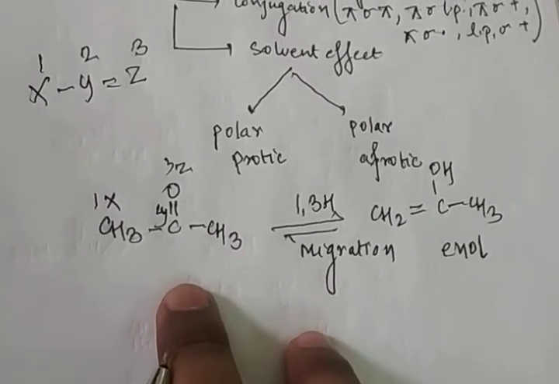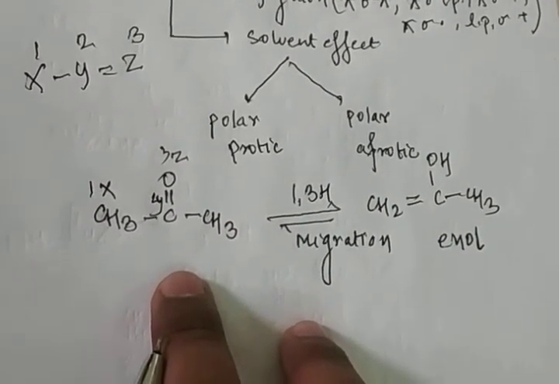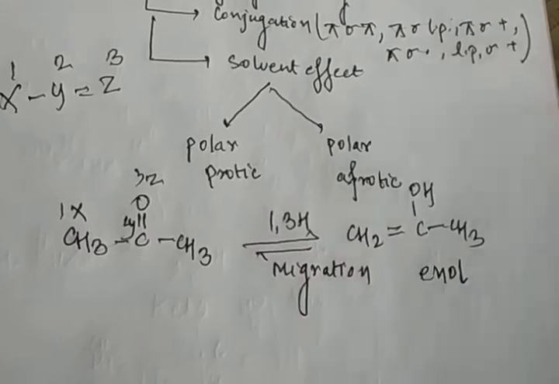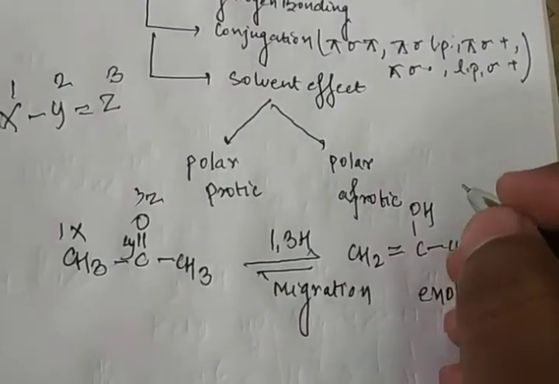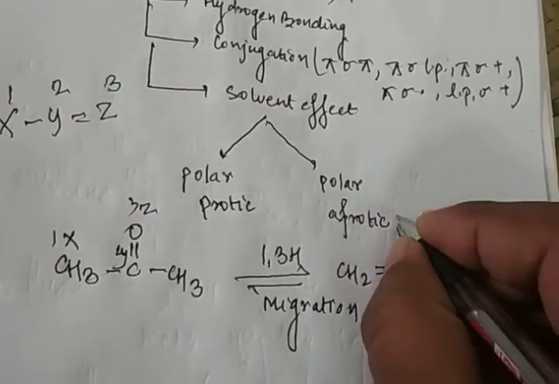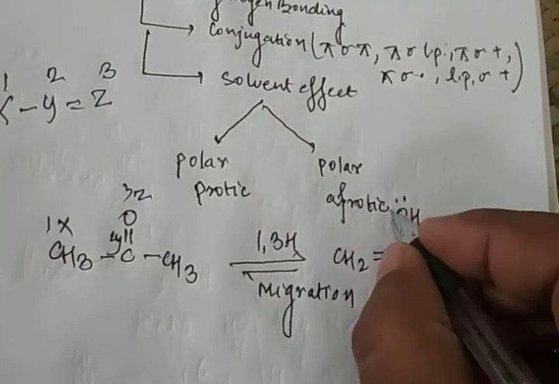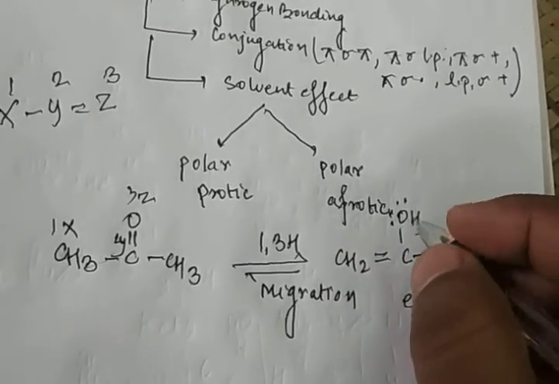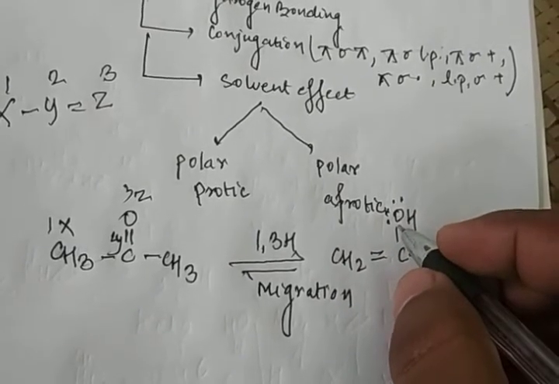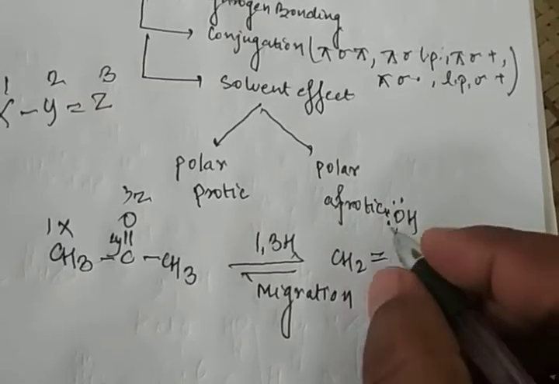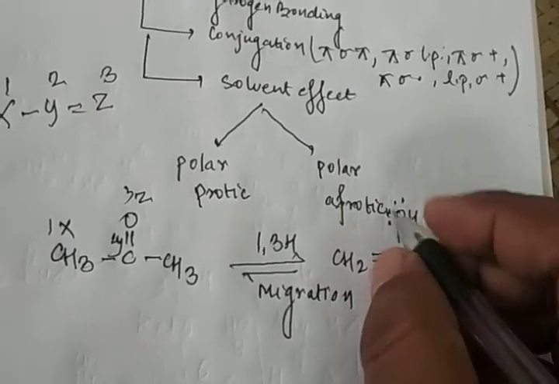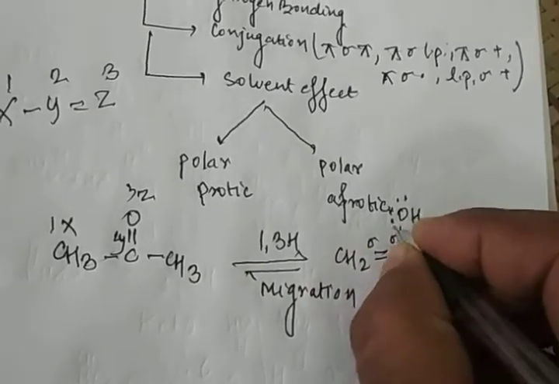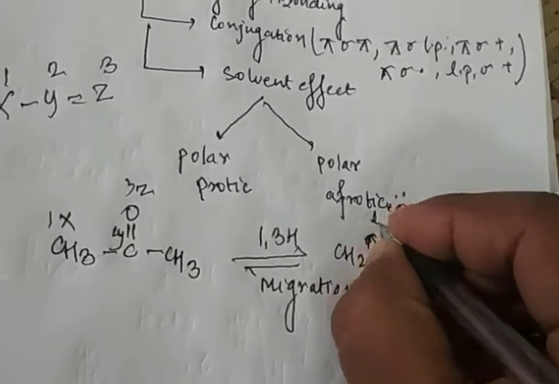Just check. Now, is this enol stable or not? First you check whether there is conjugation or not. Now there is a free electron. Oxygen, you know very well, has 6 valence electrons. So 1 for this, 1 for this, and 4 for this. So a pi sigma lone pair is there. This is pi, this is sigma, this is lone pair.